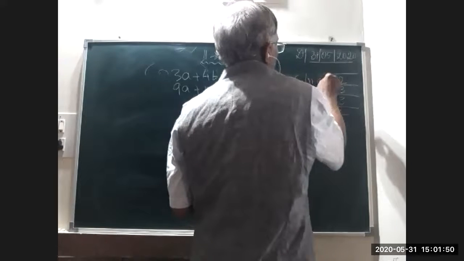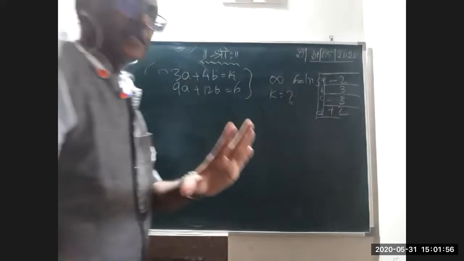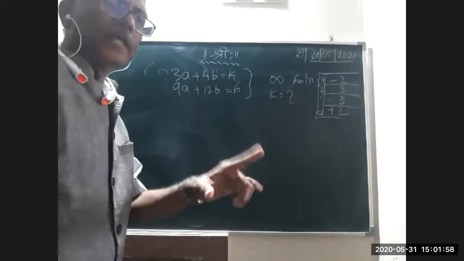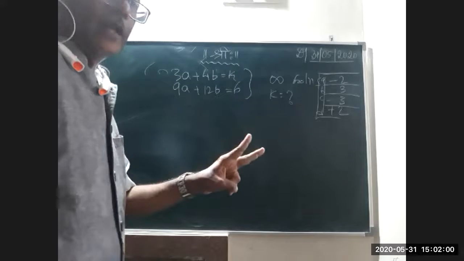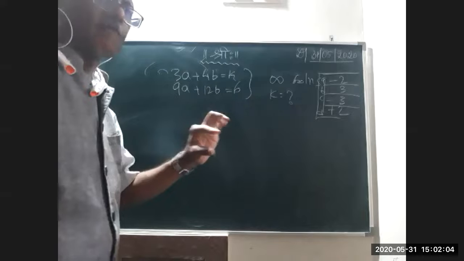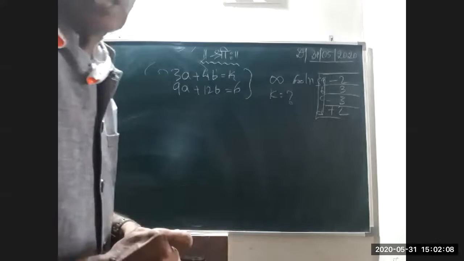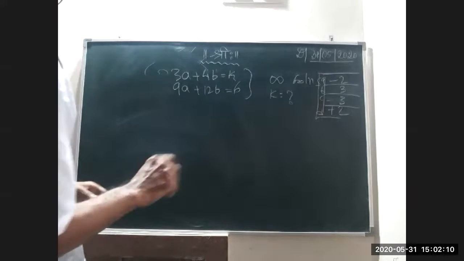A, B, C, D, or 1, 2, 3, 4, whatever. So this is the multiple choice question. In fact, if they are asking for the steps, then in that case it is 2 marks, with the scheme of marks where the steps carry half of the marks. Now, okay, Harsha is asking something. That's okay.